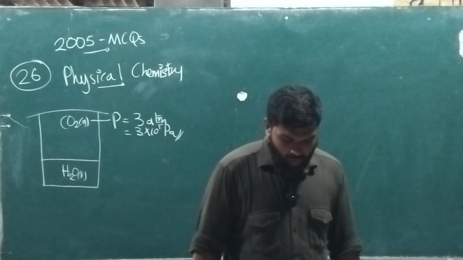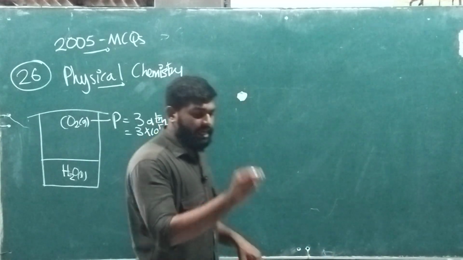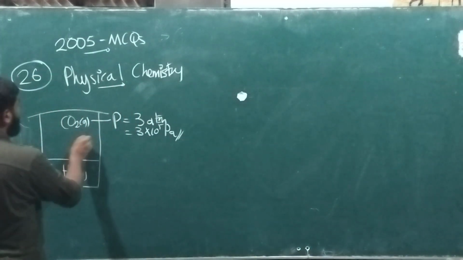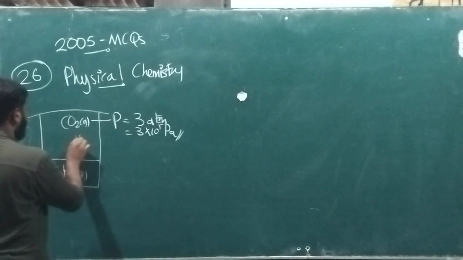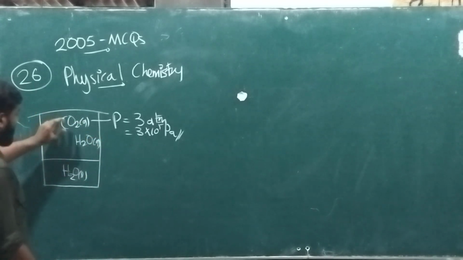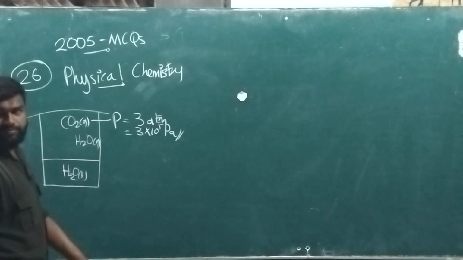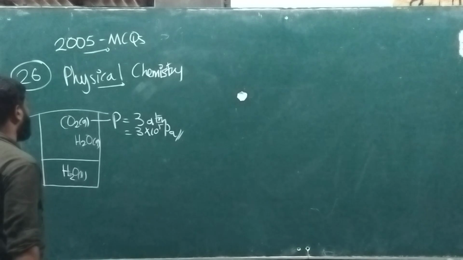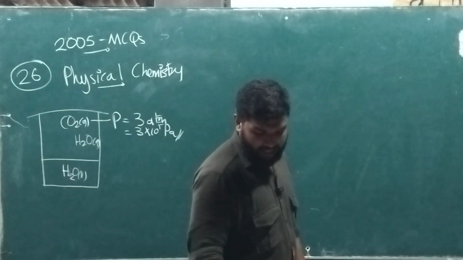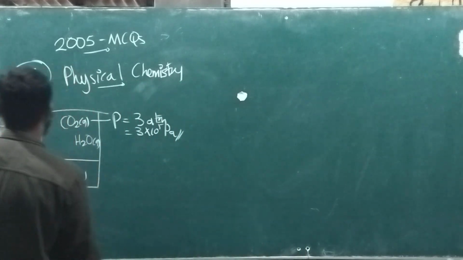If CO2 and H2O behave ideally in gas phase, underline the sentence. If CO2 and H2O, so there is some amount of H2O gas, behave ideally, which means they don't possess any reaction in the gas phase. They can't do any reaction in the gas phase. That's what is meant by ideal. In the gas phase, the number of equilibria in the system, right?